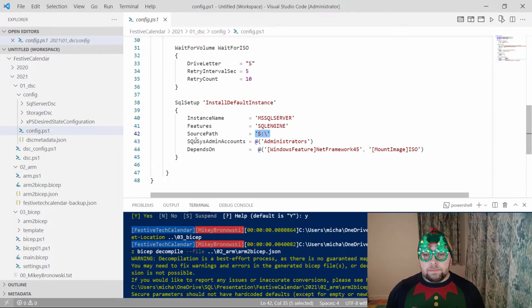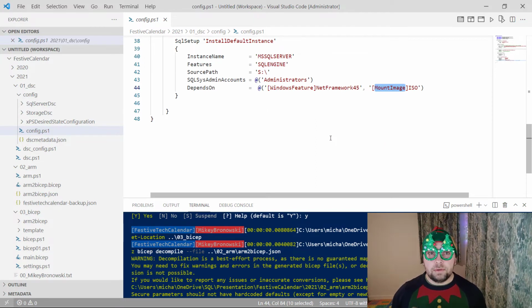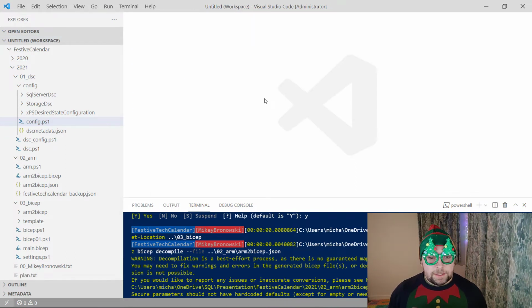I'm going to add my administrators because they are important, and basically they are me and just me. And I'm also making sure that this SQL installation waits on the Windows feature to be installed and the image is mounted. Because if I don't do this and it's not ready, the SQL installation will fail. And that's it. That's the whole DSC file for my SQL install. Wow, that's brilliant. Really, I'm so excited now. And perfect. So let's see